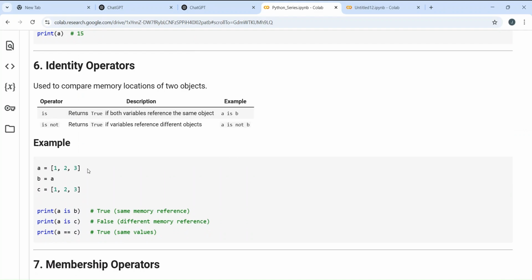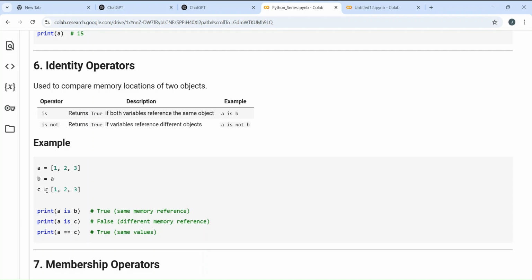So firstly, let's take a equal to 1 2 3. Okay, now b is equal to a I am taking. So I am assigning whatever values are in a to b, right? Here a is equal to 1 2 and 3, you have a list here. Now when I'm assigning all of the values of a to b, b will contain this list. If you are printing b, you will get answer as 1 2 3.